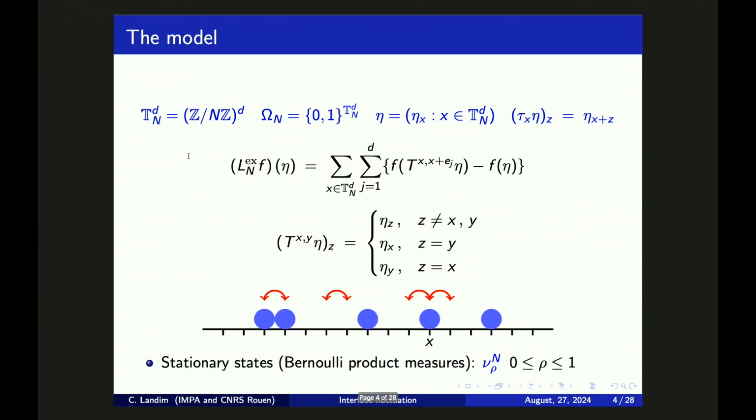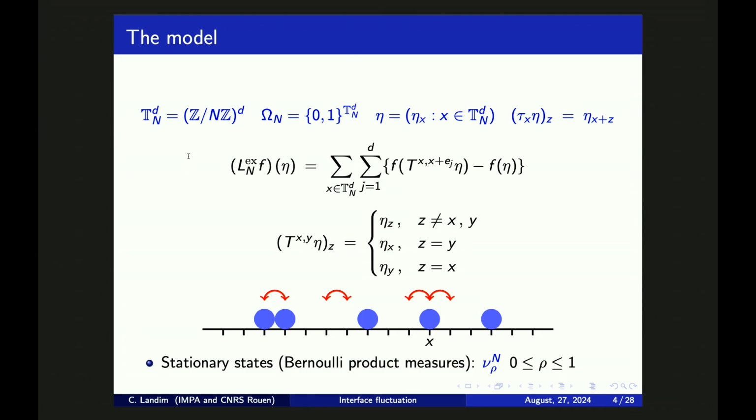All right, so I'll be talking about a reaction diffusion model. So let me define it. I'll be working in a finite d-dimensional torus, so there are n^d points, and let me fix the notation. A configuration will be represented by eta. eta(x) will be either 0 or 1: 0 if site x is empty for the configuration eta, 1 if it's occupied, and tau_x will be representing